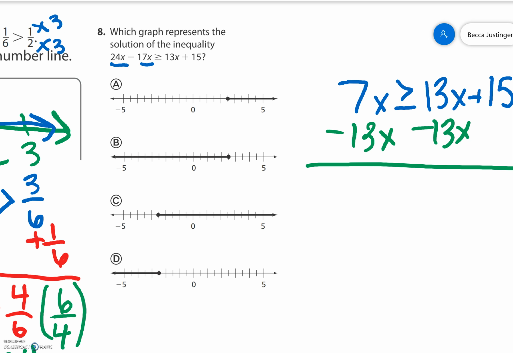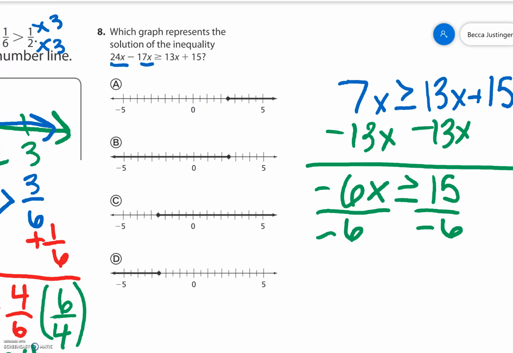So 7x minus 13x is negative 6x is greater than or equal to 15. Now I want to divide both sides by negative 6. Cancels out on the left. Now when you divide by a negative, remember you must flip the inequality sign. So it's going to be less than or equal to, and I'm going to do 15 divided by 6 equals